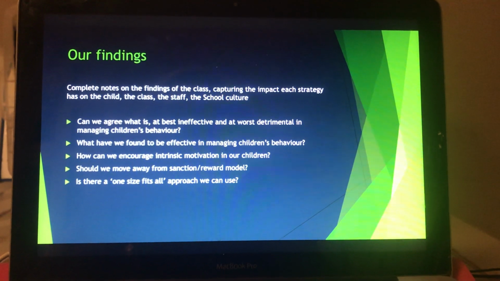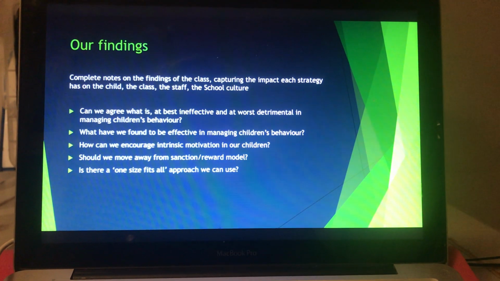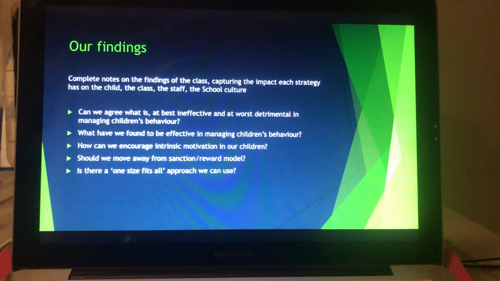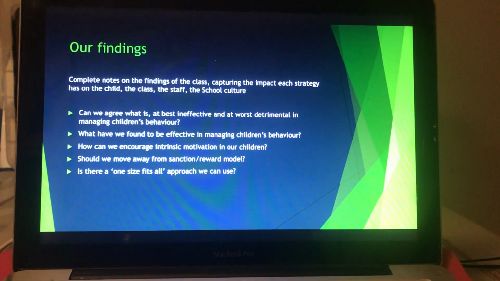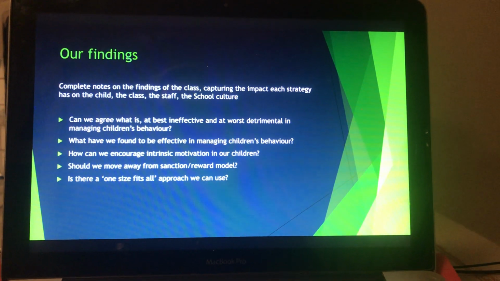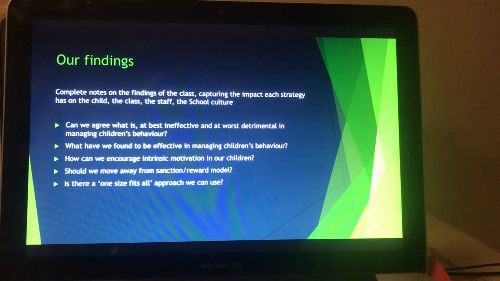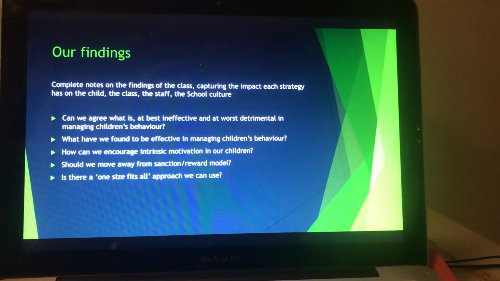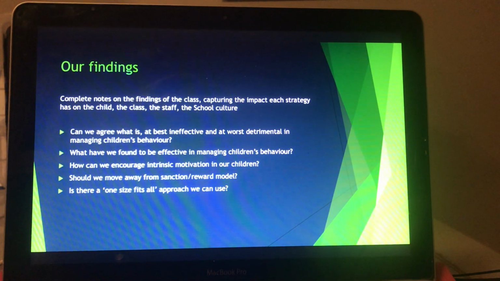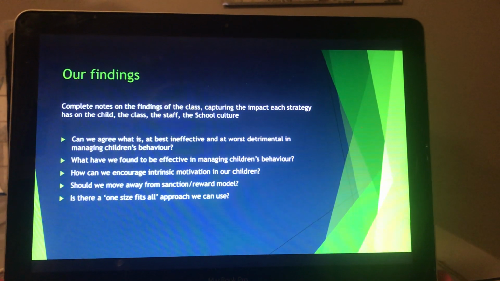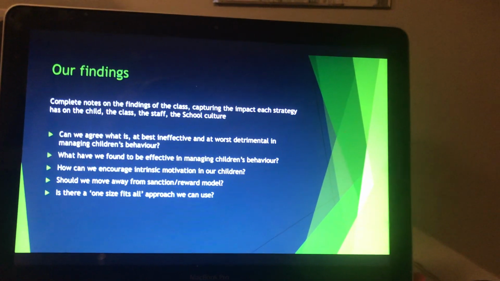Should we move away from a sanction and reward model? Should we be punishing children for things potentially that they can't help? And should we be rewarding children for expected behaviours? Is that really sincere? Because children are very clever and they can see right through that. And lastly, is there really a one-size-fits-all approach that we can use? Because essentially you'll find that a lot of your policies and procedures do offer a one-size-fits-all approach when it comes to how they support positive behaviour or manage behaviour in general. So that's something to have a little think about there. Okay, now,